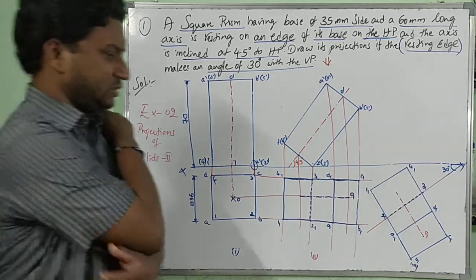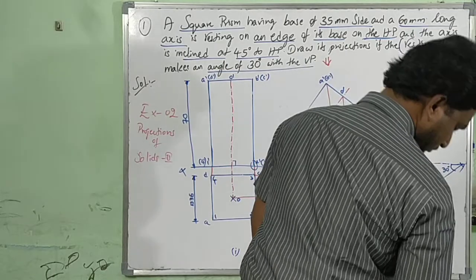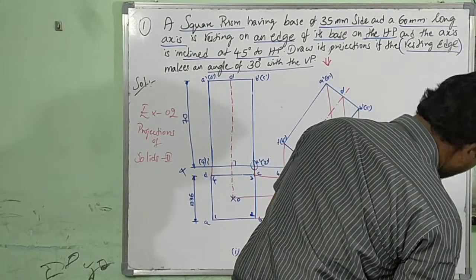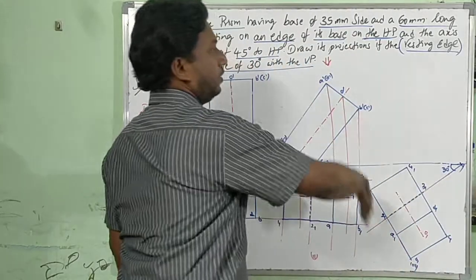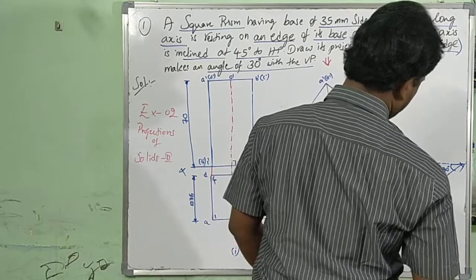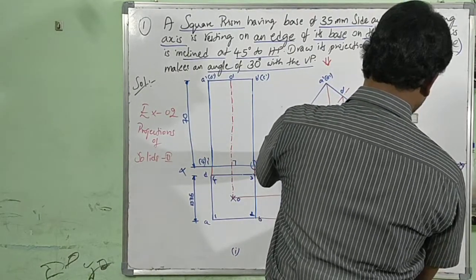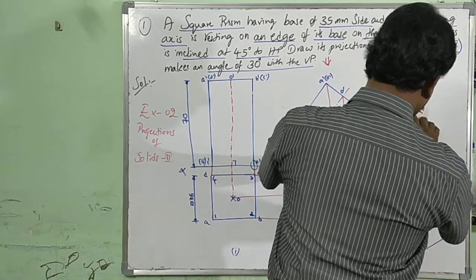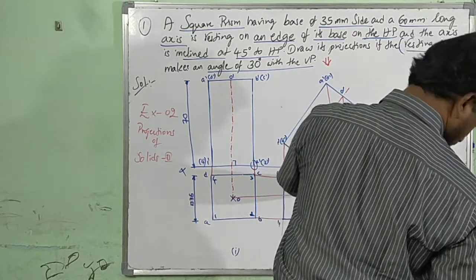So rectangle lines, all are straight lines. From here, projecting towards the front, draw projectors. Now I can draw 1 1, 2 1,